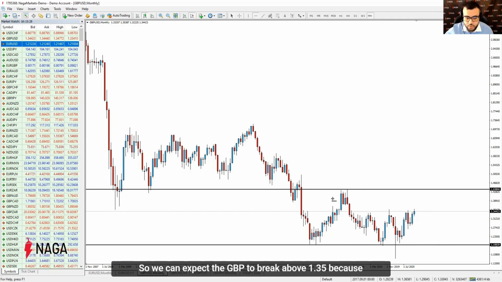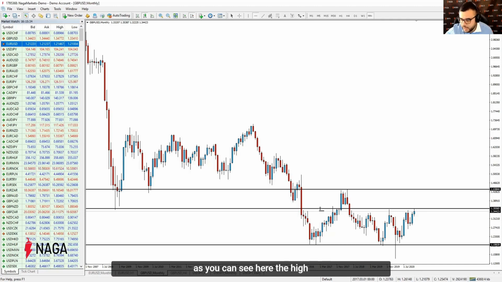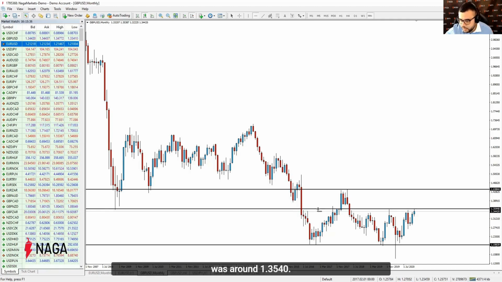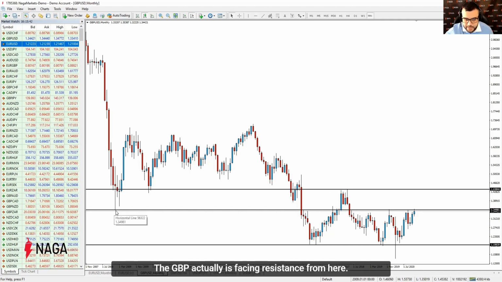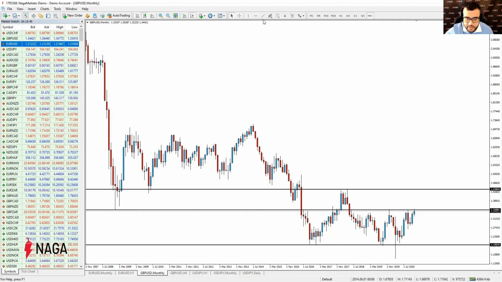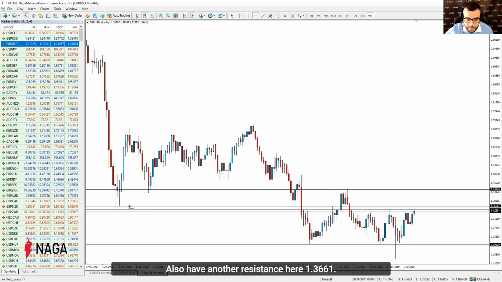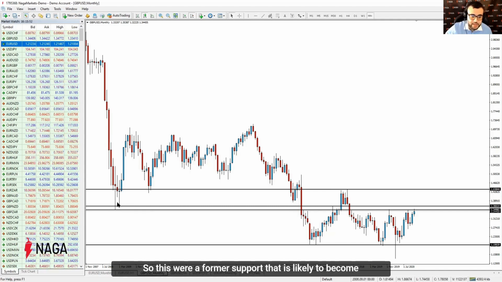So we can expect the pound, if we break above 135, because as you can see here, the high was around 135.40. The pound actually is facing resistance from here. That's why. As you can see here, I have a low of 2008. Also, I have another resistance here, 36.61. So these were a former supports that are